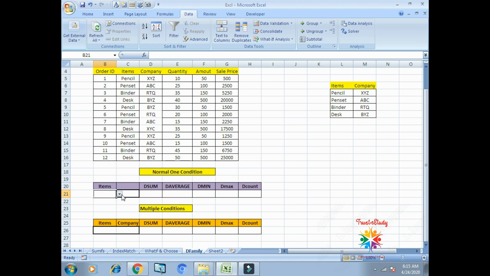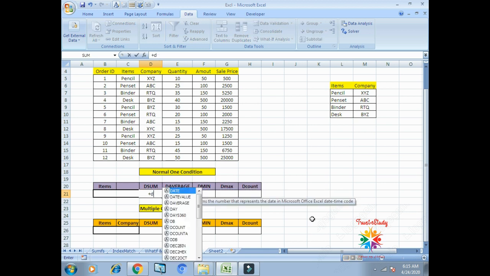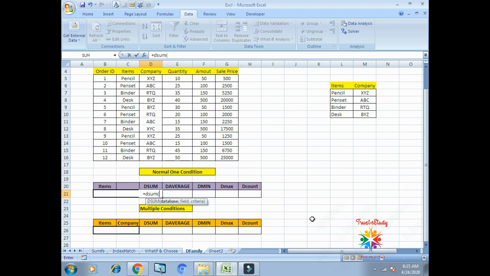Here I have applied a data validation wherein you will get the list of all these 4 items. So in order to start with the DSUM function, first I will select a database. This is my database. Now what I want is the total sale price of a particular item. So I will select sale price here. I will select only the heading, not the complete column,